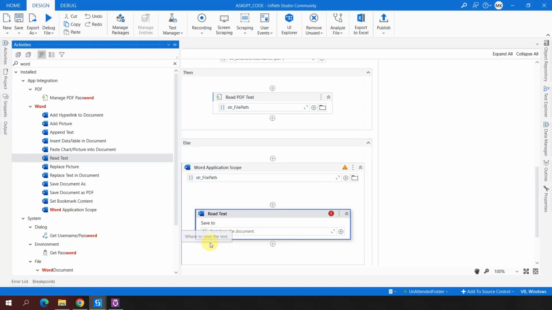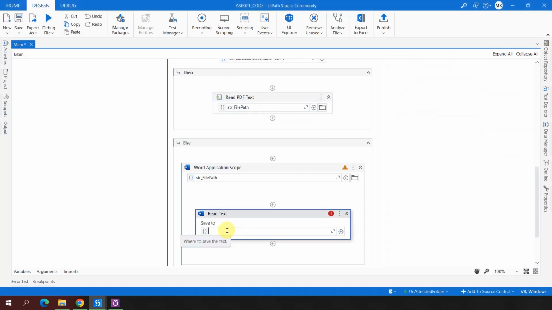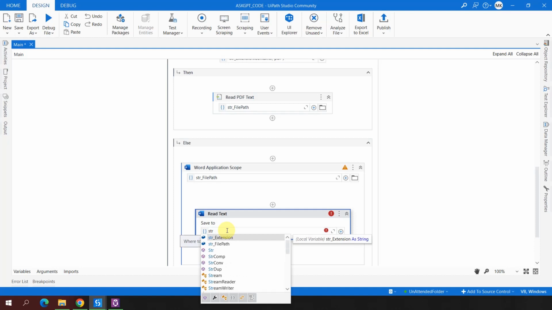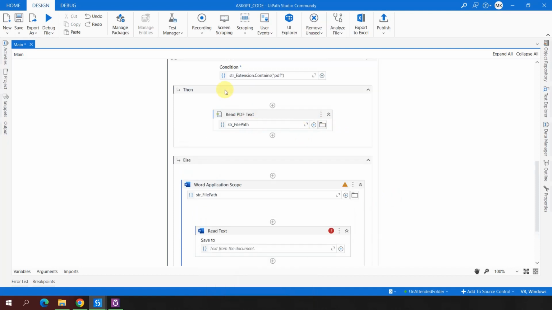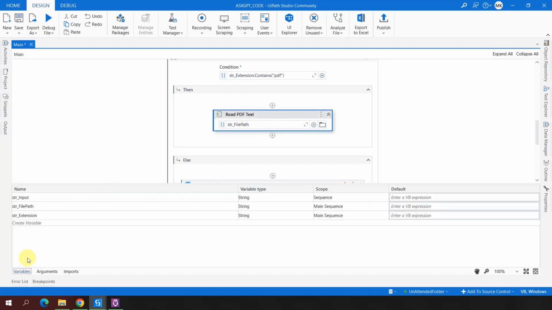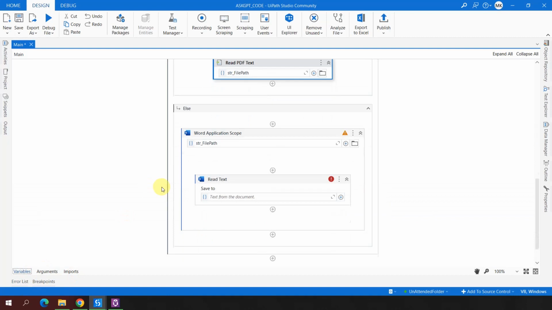It's asking me, I'll go to the Word file, I'll read the content. Where do you want to save this content, right? I already have created a variable here which is called str input. If it is PDF, str input. If it is Word, store in the same variable, right? I'm not getting str input here because of the scope. So I'll click on this activity in the variable panel. Str input scope is still the sequence. I'll increase this to the main sequence like this. And now